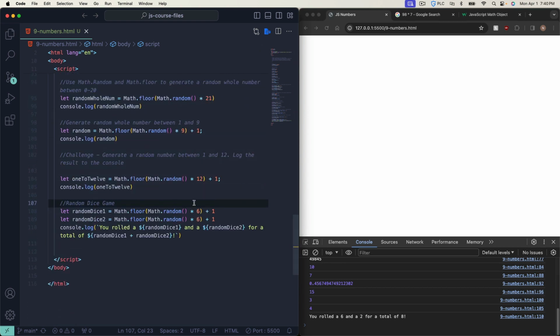Again, guys, don't try to memorize any of this code. This is just to get your feet wet and get you thinking about numbers and how they work with JavaScript. When you're building stuff in the real world, you'll have to constantly Google and look up how to do certain things. But if you know what you're trying to accomplish, you'll be able to find the answer and write whatever